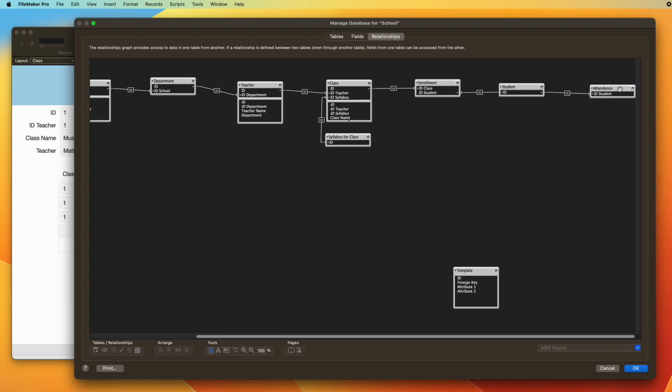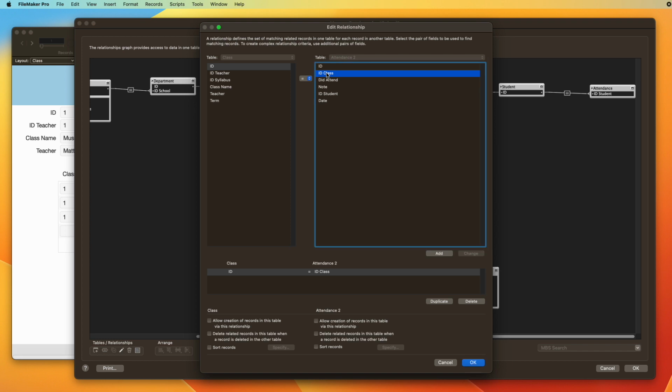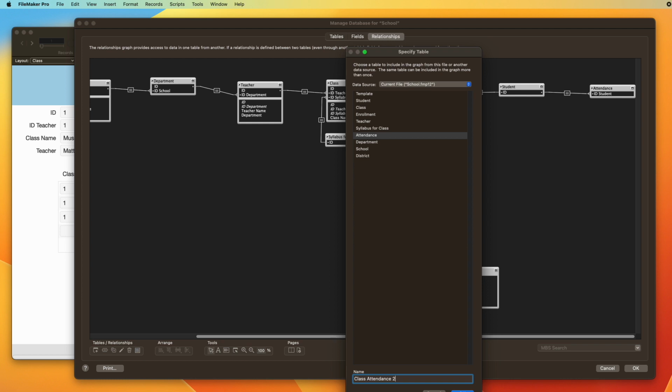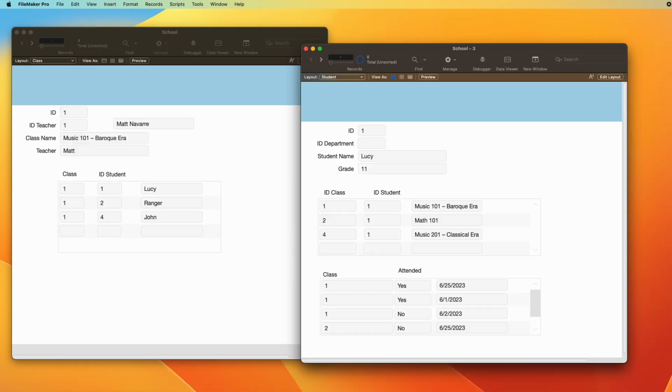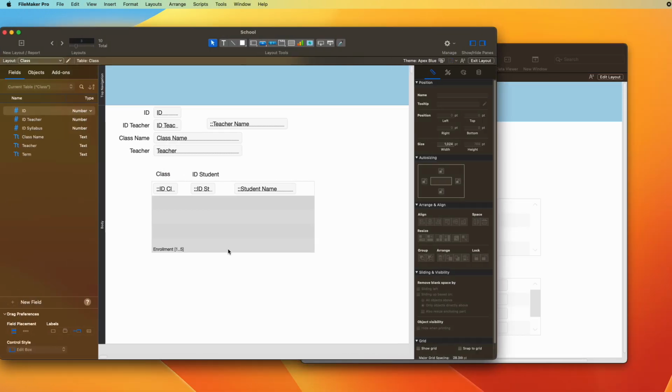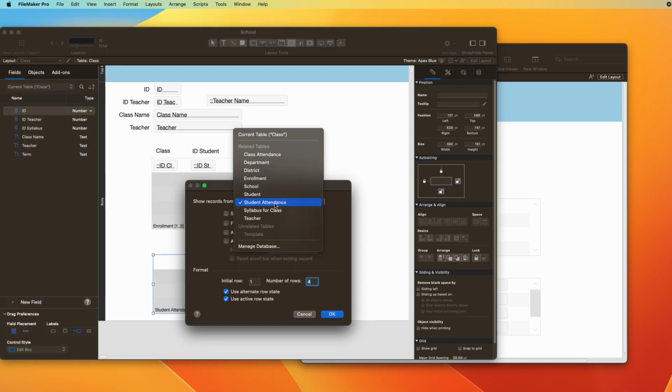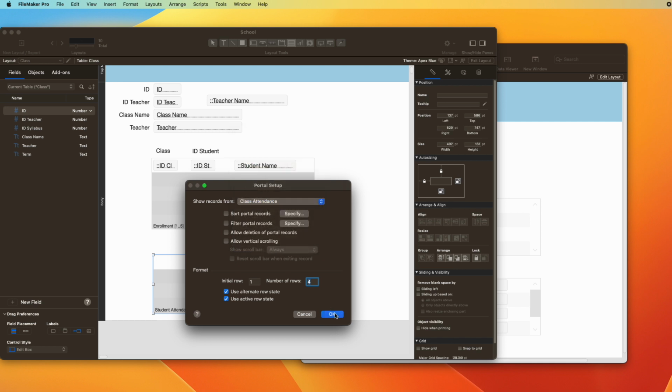So we have another concept, which is you can have multiple copies of a given table. They're called table occurrences. And this one needs to be directly related to the class. So this is going to be the ID of the class to the class. And I'll call this one class attendance. And I'll call this one student attendance. Naming conventions will come up later. And then in another video, so I'll add here the class attendance so that I can see,